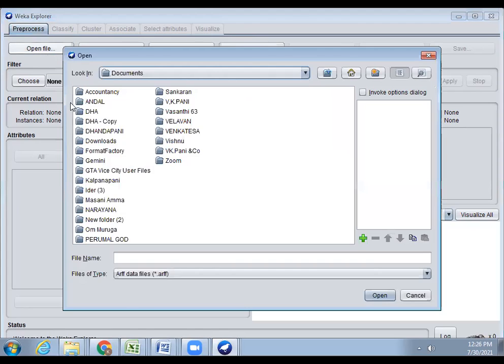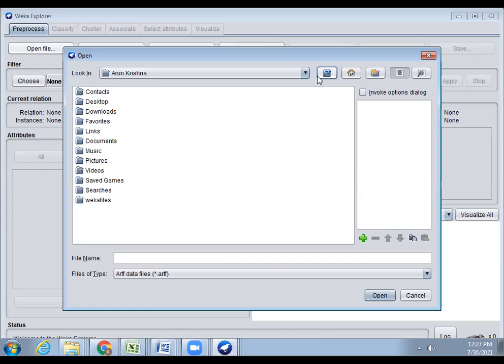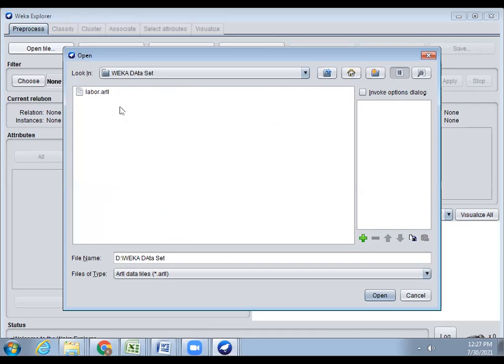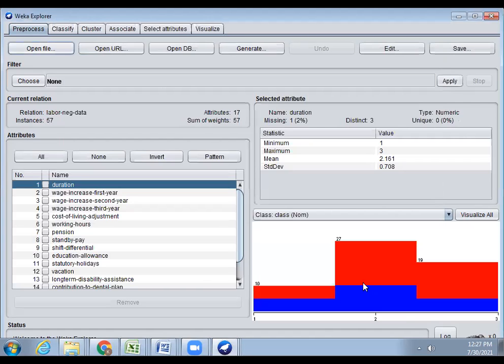So we just open the data set from our local disk, wherever we saved our file, where I think labor.arff can be opened.